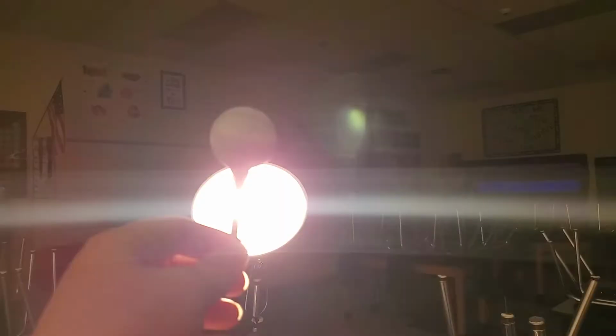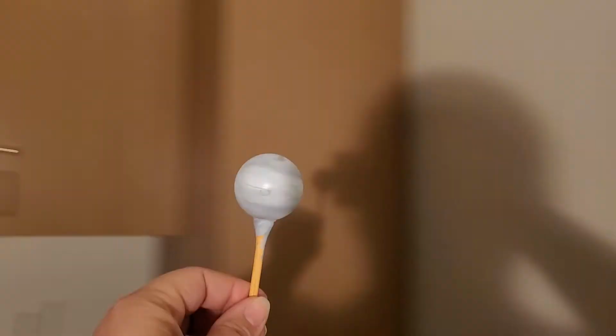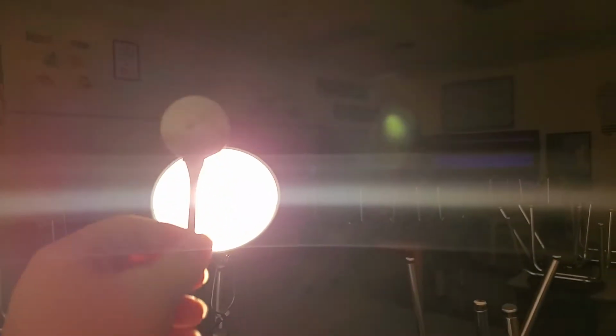All right, see, very dark room except for the one super bright light right there in the middle. So this represents my moon, and I am the Earth. So it's going to revolve around me. It's also going to be rotating in relationship to the sun, but let's go ahead and look at the phases